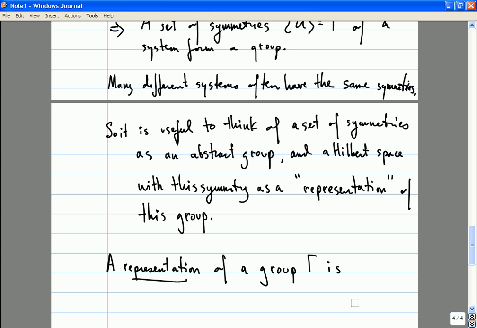So a representation of some group is a Hilbert space H, and an association of a unitary operator,